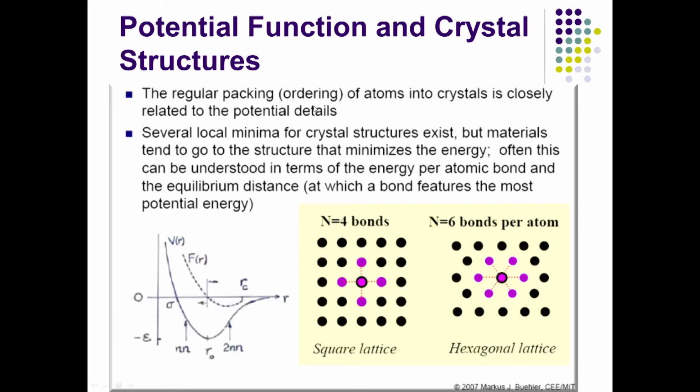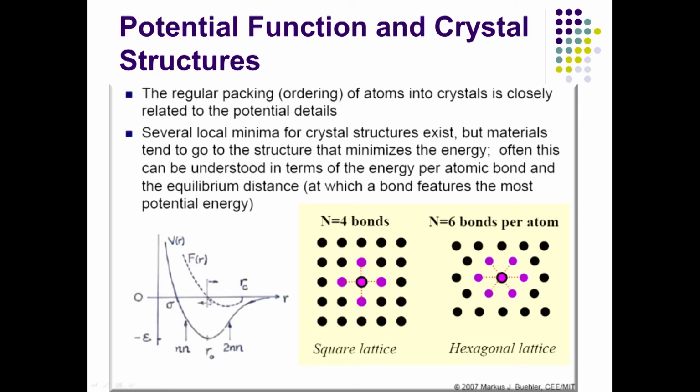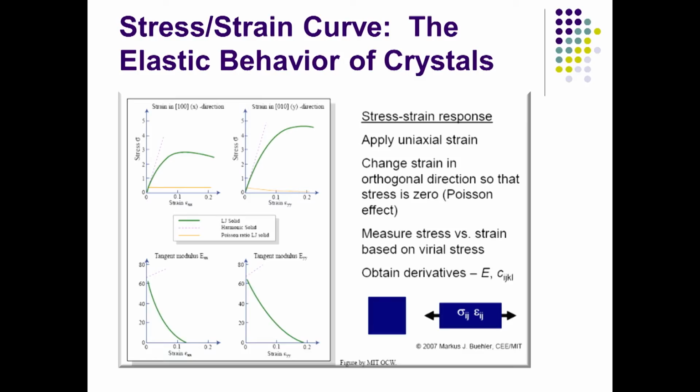If you look at the potential function in crystal structure, the regular packing and order of the atoms in the crystal is closely related to the potential. If you remind yourself of Lennard-Jones, we said that R 0 is the place where the force on the atoms is 0. This is where the lattice positions are. That is how lattice positions get connected with the Lennard-Jones function, and that is where the potential functions are created. Once you have that, and you look at C_IJKL using our formulation of Helmholtz free energy and its differentiation with respect to strain, we can define in certain directions all the sigma 1 1, sigma 1 2, and also look at different directions.